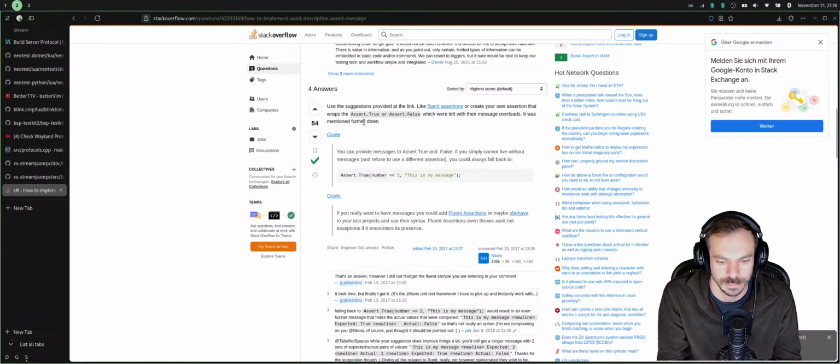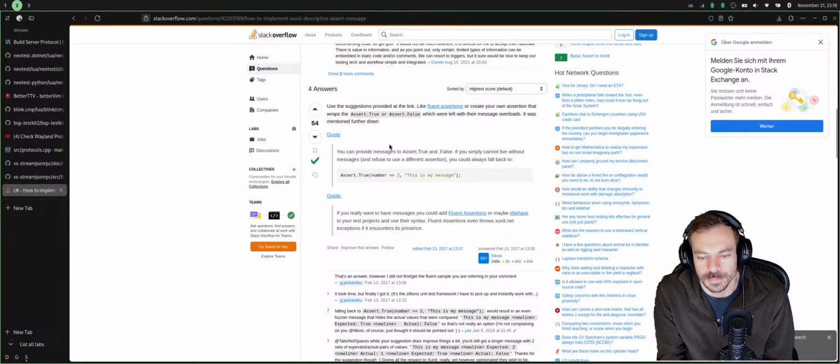Okay. Like Fluent Assertions, or create your own assertion that wraps as a true or as a false, which are left with their message overloads. Was mentioned further down.